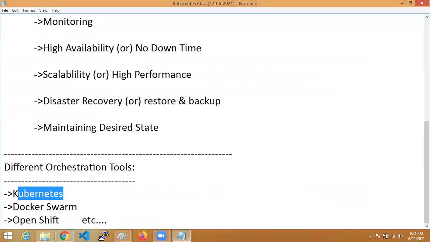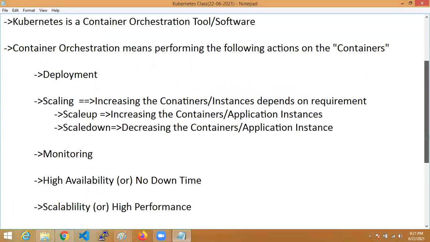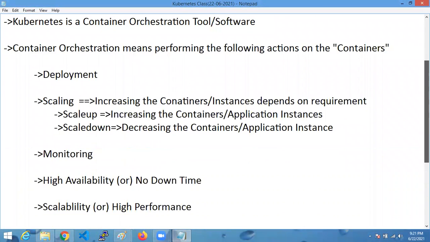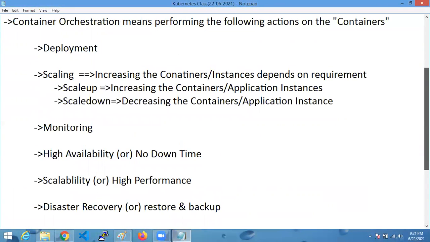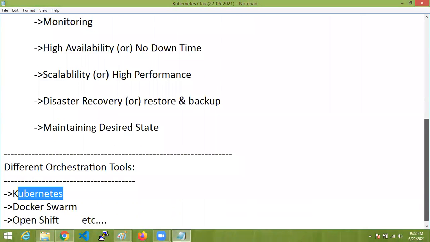To achieve this manually is not easy and cannot be done by people manually. If you want to achieve this manually, it is not possible. That's why to achieve these actions automatically, we use an orchestration tool known as Kubernetes.